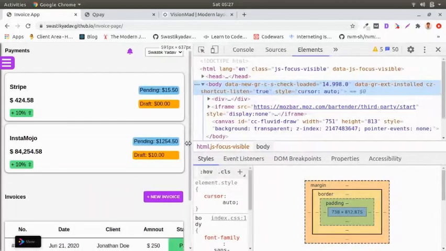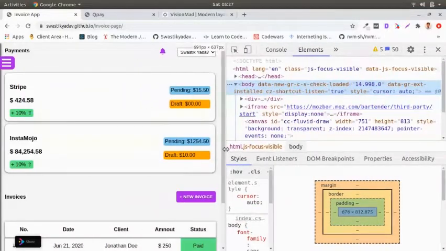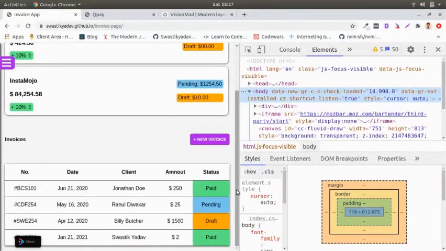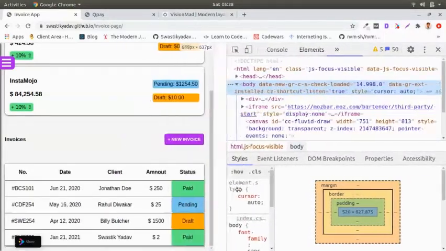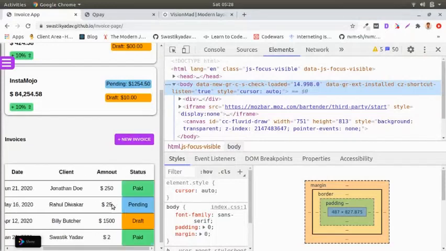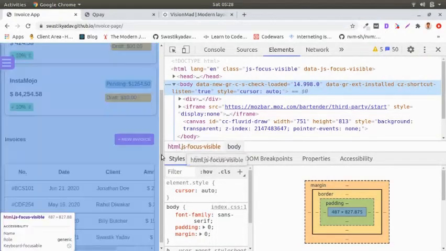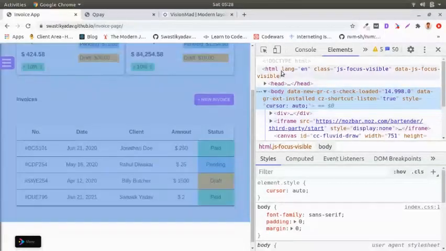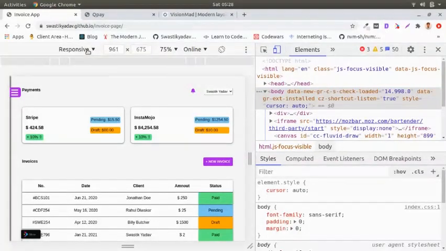No matter how much you go down, you will absolutely be fine. And the table also, if you go down to a limit, you will see that a horizontal scroll bar is added to the table, so that we can scroll and see it in the mobile version. And you see it's completely responsive.